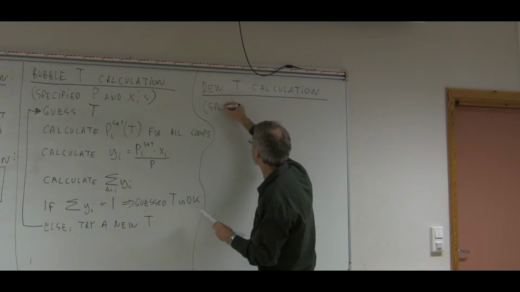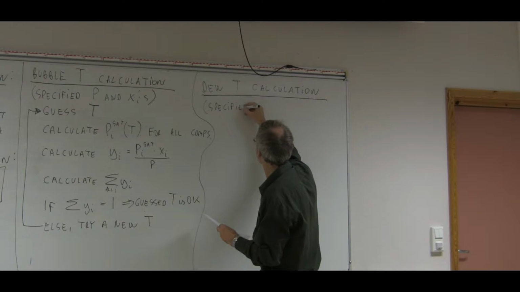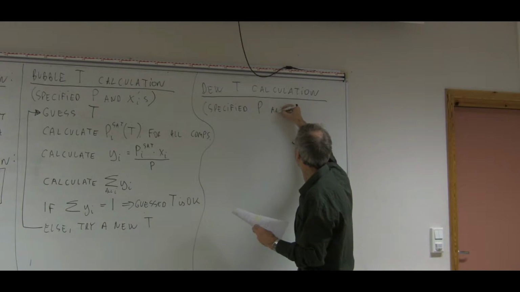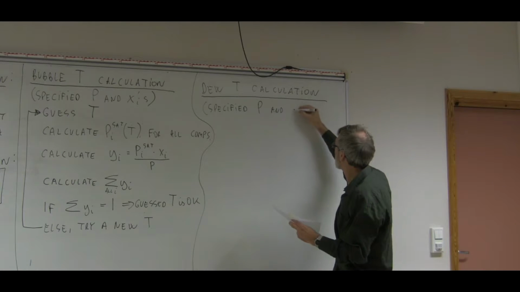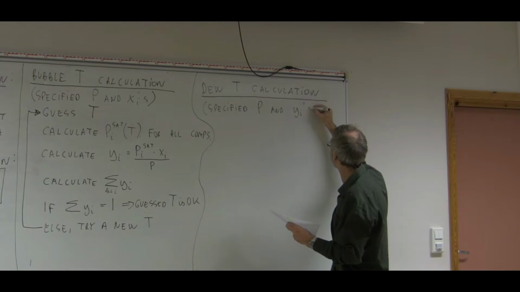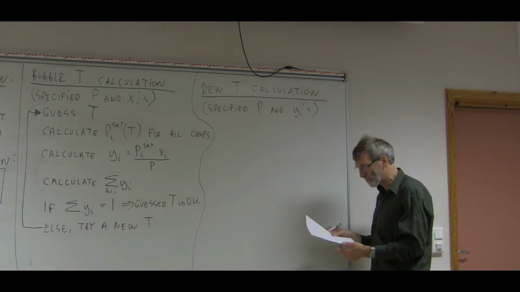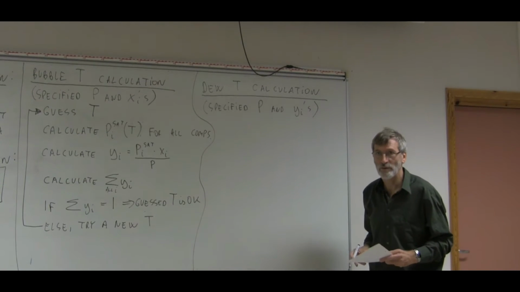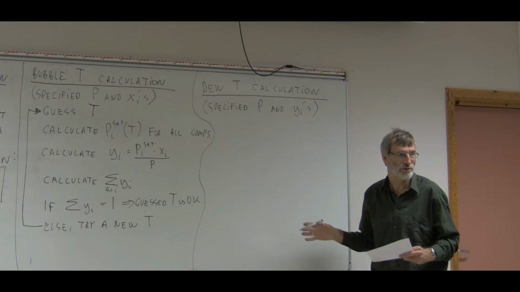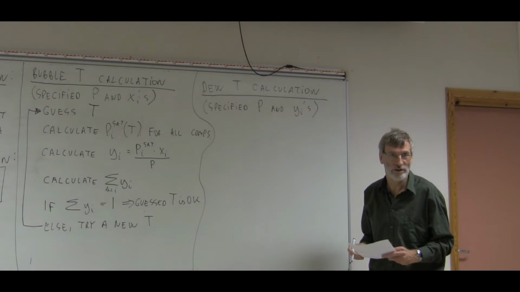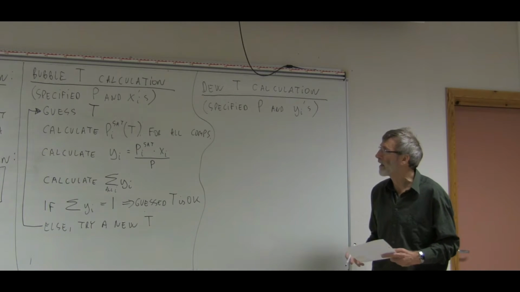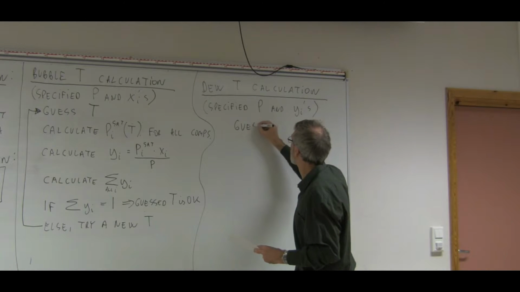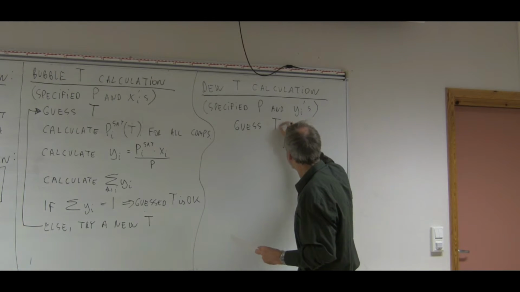That is based on specified pressure and mole fractions in the vapor. Again, we have the problem that we do not know the saturation pressure because we do not know the temperature. So an easy way to start is to guess the temperature,